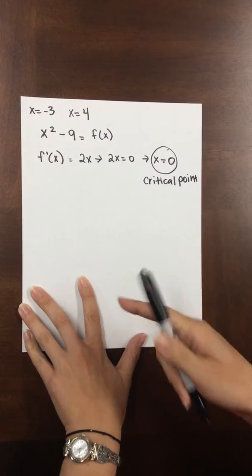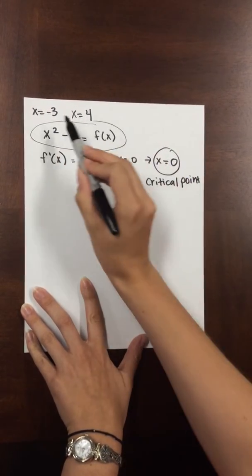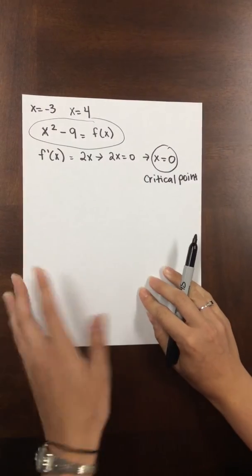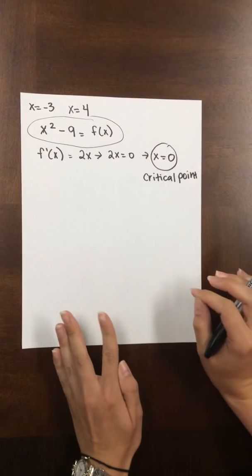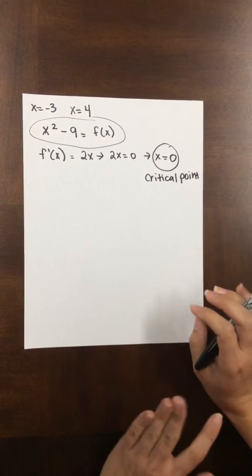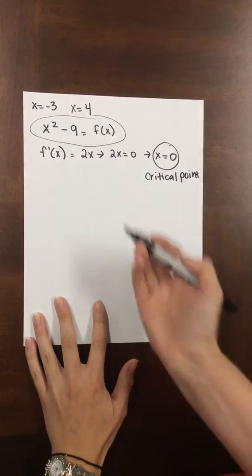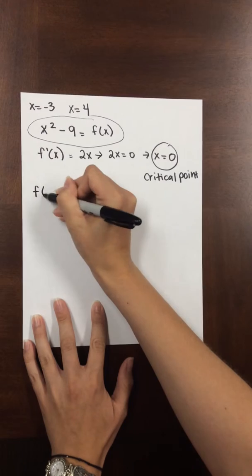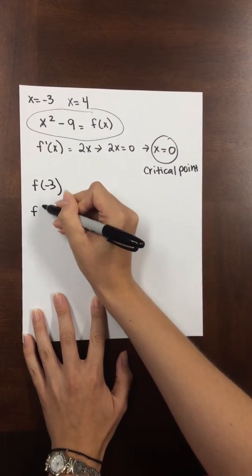So now we have to evaluate our function, which is our original function, and plug in all these values, and we're going to get an output. And then once we do that, the largest number that we get will be the absolute maximum value, and the lowest output number we get will be the absolute minimum value. So I'm evaluating f of -3, f of 0,